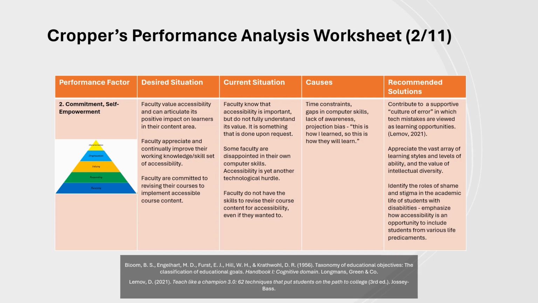And identify the roles of shame and stigma in the academic life of students with disabilities, emphasizing how accessibility is an opportunity to include students from various life predicaments. So in employing accessibility, faculty should be able to know why they're employing it and be able to connect it to diversity, equity, inclusion